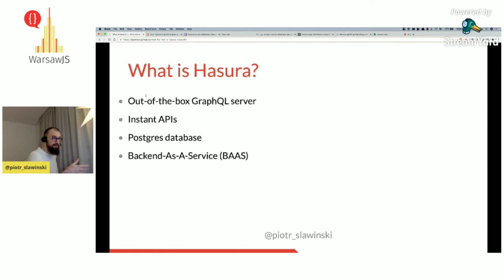Data is in a Postgres database, and you access your data using Hasura's API, which in the end makes it a backend as a service. So you can be a front-end developer like me and have a full stackish experience when developing apps.